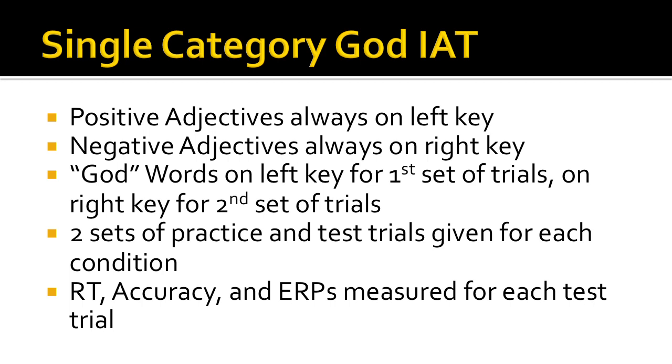Basically what we did in the implicit association test is we used those adjectives from the God adjective checklist, and they would flash up on the screen one at a time, and the participant would press